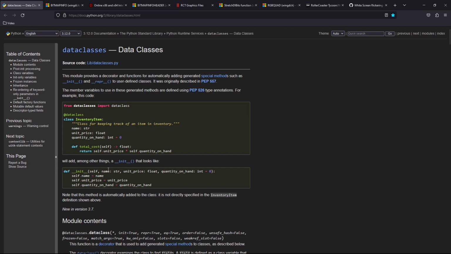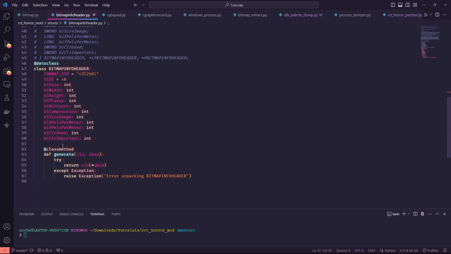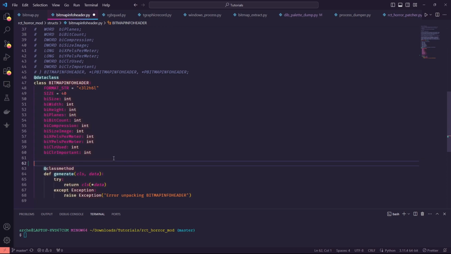So self.name equals name, self.unitprice equals unitprice, and so on. That's really all I wanted my constructor to do here: take in all of this data as arguments in this data structure right here, and then just assign it to self. And so this data class decorator basically does the same thing as if I wrote this as a traditional constructor